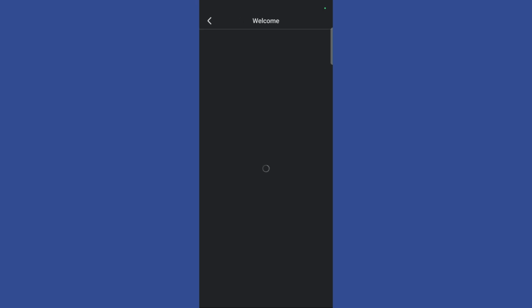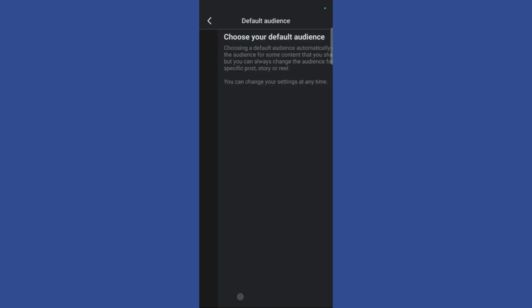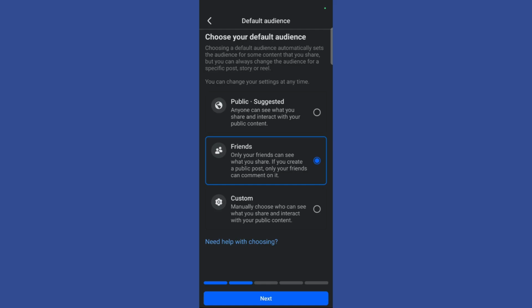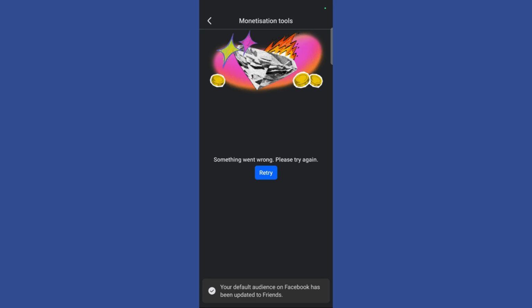Simply click on the turn on button and it will give you a welcome button. Click on the next and then again next, and then you may choose your default audience. For best engagement you may choose the public option, but currently I am choosing the friends option. Then click again on next and then confirm, and since my monetization is not enabled, it is not giving me